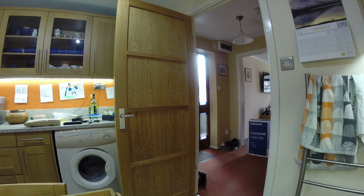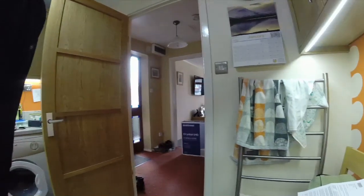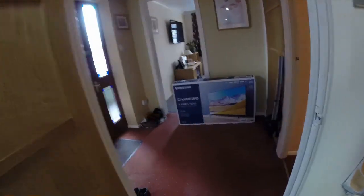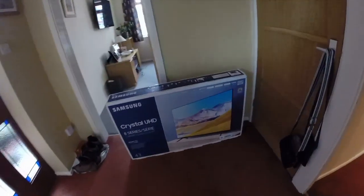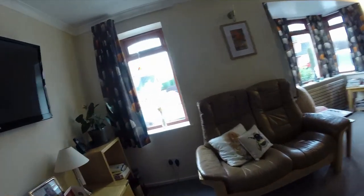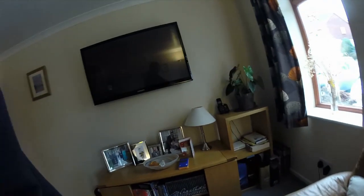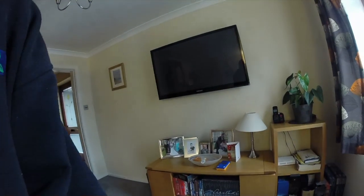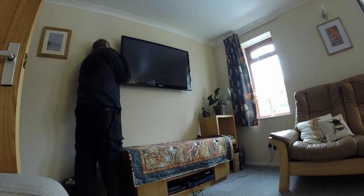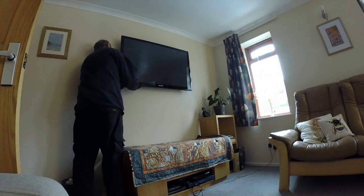It should be a straightforward thing to do, because I have a wall mounted Samsung 43-inch cheap nasty television, and I've just bought another Samsung 43-inch cheap nasty television, probably, I don't know, 8 years on or something. So it shouldn't be that difficult. As you'll see, there are one or two slight things that have changed